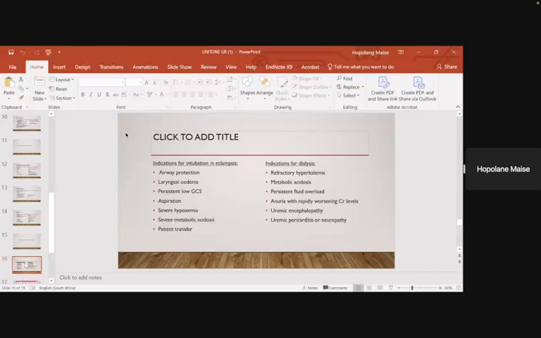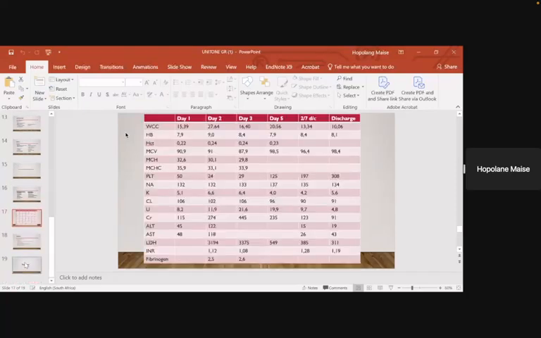pericarditis or neuropathy. So just in summary, in terms of this patient, she was with us for more than 6 weeks in labor ward. If you look at her blood results, I just wanted to show you from admission and on discharge. Her HB was 8.1, her platelets were 308 on discharge, she had a potassium of 5.6, and her urea had normalized to 4.8 and creatinine 91.